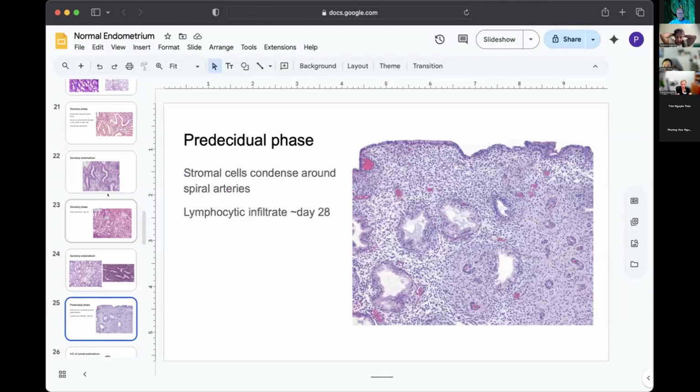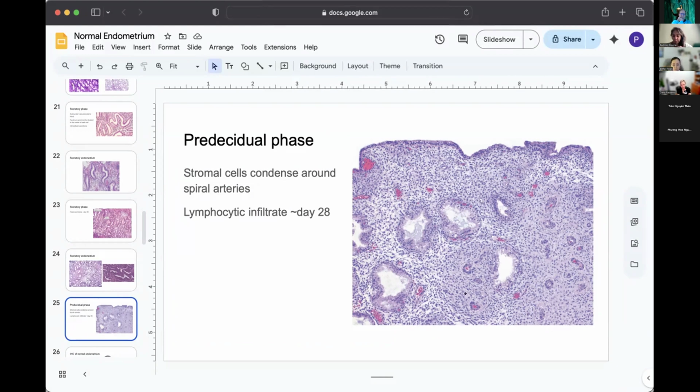Okay. And then right before you start cycling again, you go into a predecidual phase. And this is really where the changes are seen more in the stroma than anything else. The stroma starts to look very plump. The cells themselves might have a more pink cytoplasm to them. And then you might get stromal condensation around